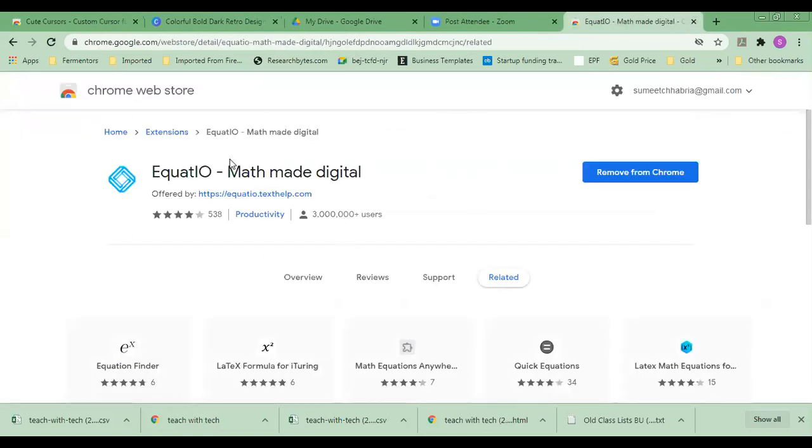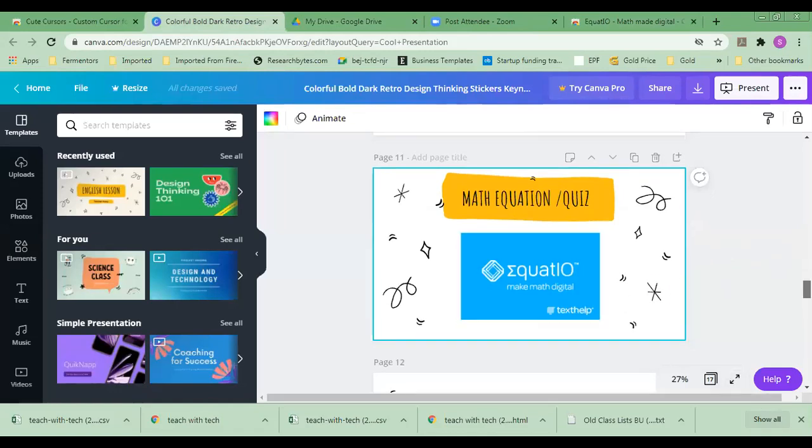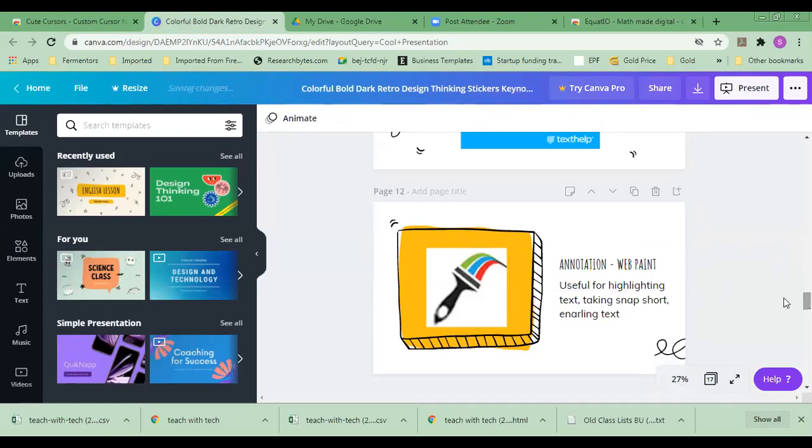It's called Equatio, math made digital. If you want to remove it from Chrome, you just click on remove it from Chrome. And then we move on to the next one, which is annotation. So this was a brush that you might have seen. Now, when we go to annotation,